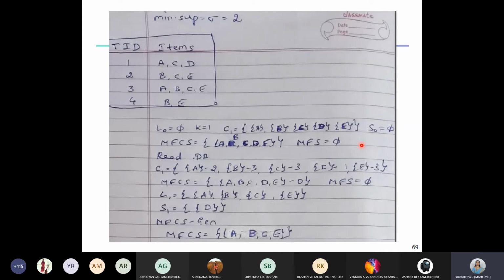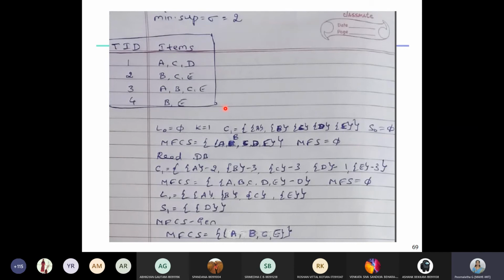So I expect you to trace the same way, the way I have shown you here. You cannot skip any of the steps because each step carries certain marks or certain weightage. So whatever algorithm I have given you, the same thing I'm trying to trace so that you're able to understand it completely. Okay. So let me start.